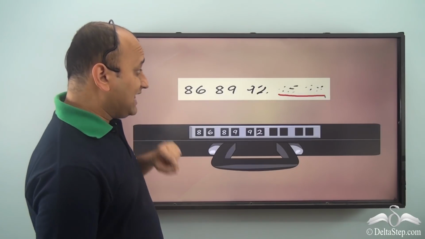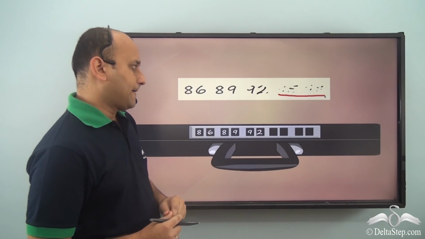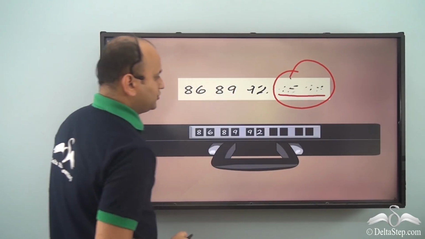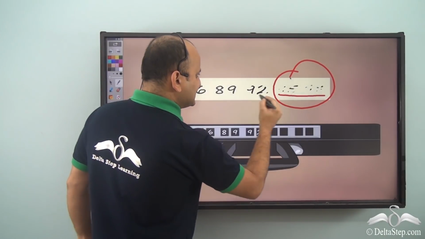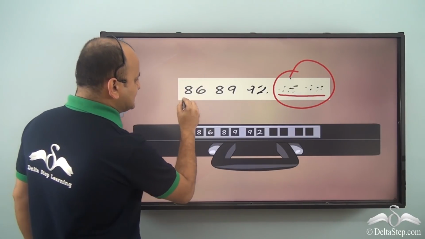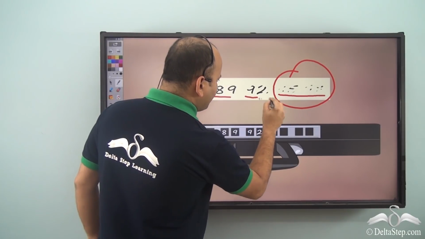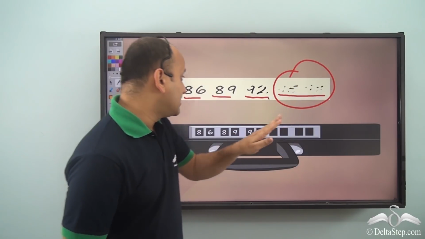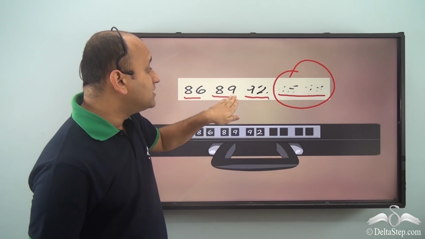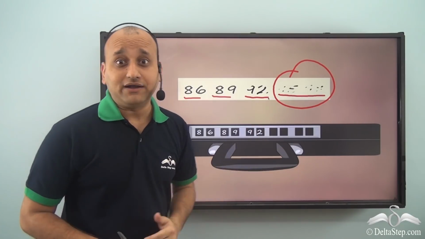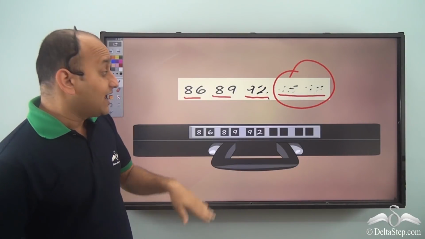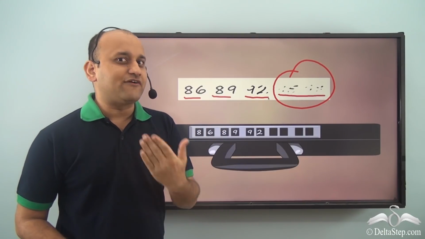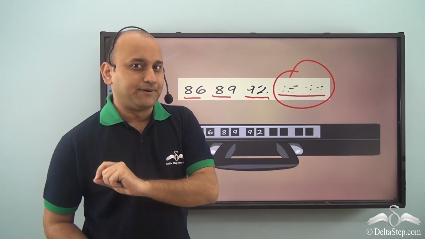Well, for that we'll have to understand something. In order to guess a number in a series, you need to understand how this series has been written. So we have 86, we have 89, we have 92. So in order to guess the next two numbers, we need to understand if these numbers show some sort of pattern. Now you must be thinking, what sort of pattern can these numbers show? Well, for that you will have to understand one example.